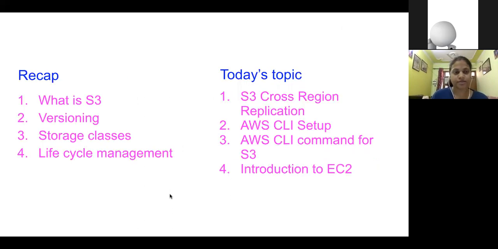Okay, guys. So let's do a little bit of recap because our two sessions for today are linked with S3. So in the previous session, what we studied is what we mean by S3, which is Simple Storage Service, and what kind of objects we store in it. So we got to know it stores data as an object. It's not storing your things in the form of blocks, which is EBS, which we'll study later, wherein the data is stored in the form of blocks.